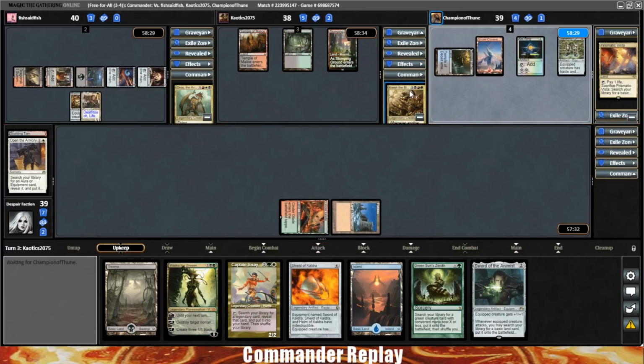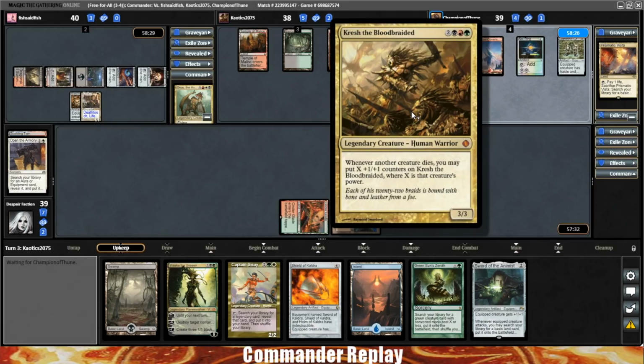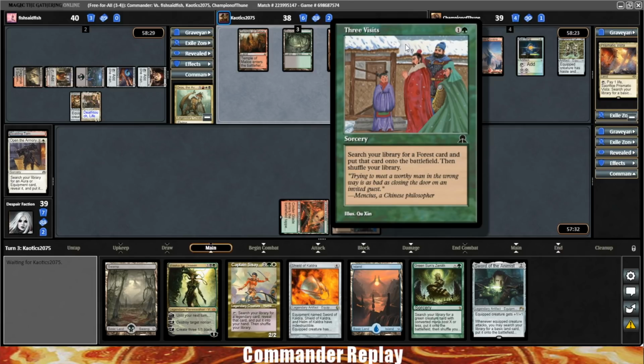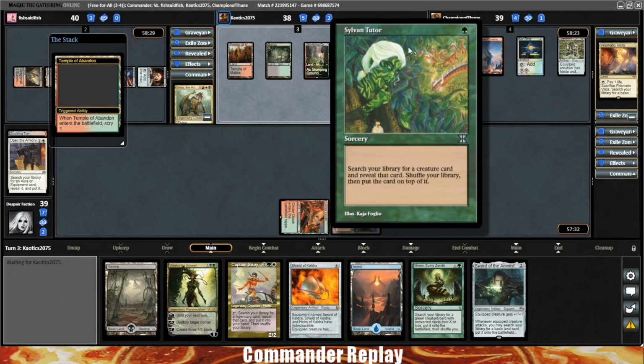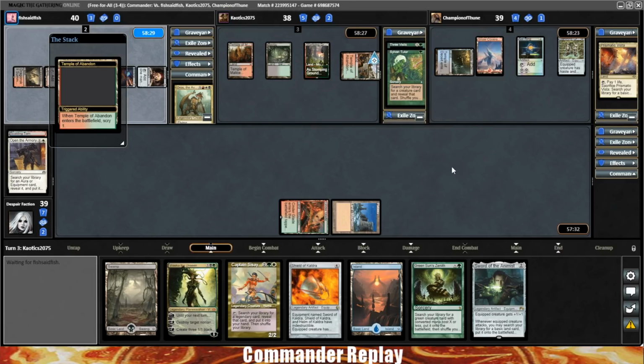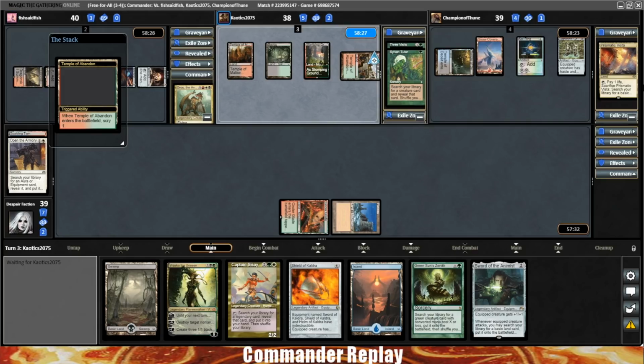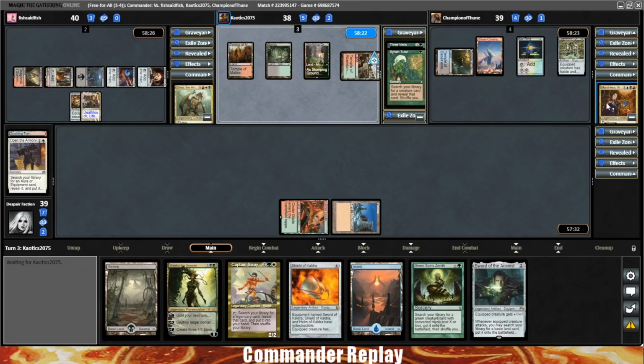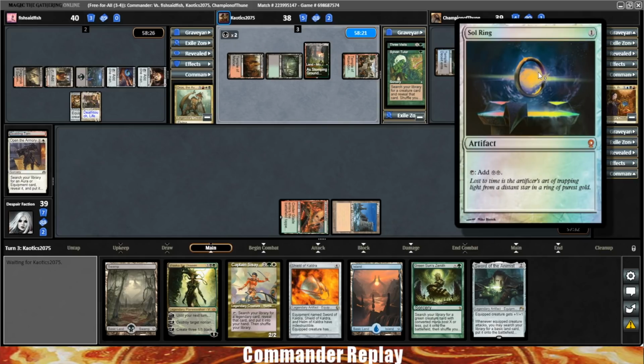Moving on from them, we have Chaotix 2075 piloting Kresh the Bloodbraided, and he's played only lands, tutors, and land ramp up to this point, so a Sylvan Tutor and a Three Visits. And going to make his 4th land drop there, get a Scry. And then finally we've got Champion Athun piloting Marchesa the Black Rose, and they've laid down a Soul Ring and